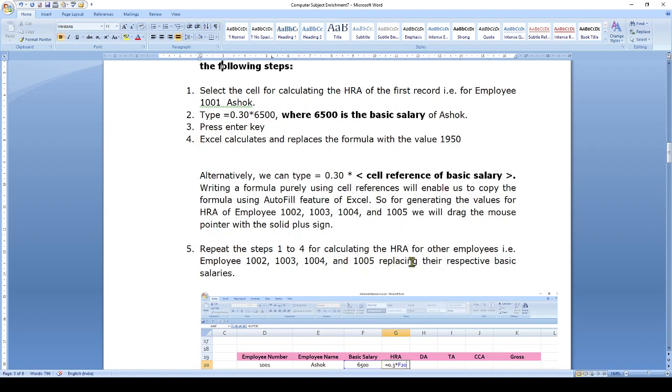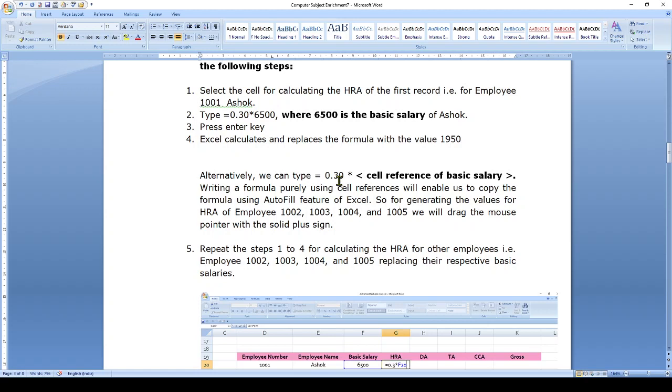You don't have to replace manually, it will automatically replace with the respective basic salaries for the other employees when you copy the formula. So generating the values for other employees will be accurate and easier.